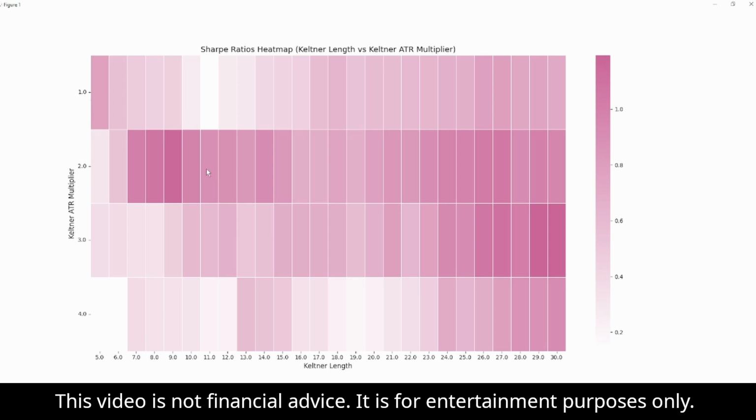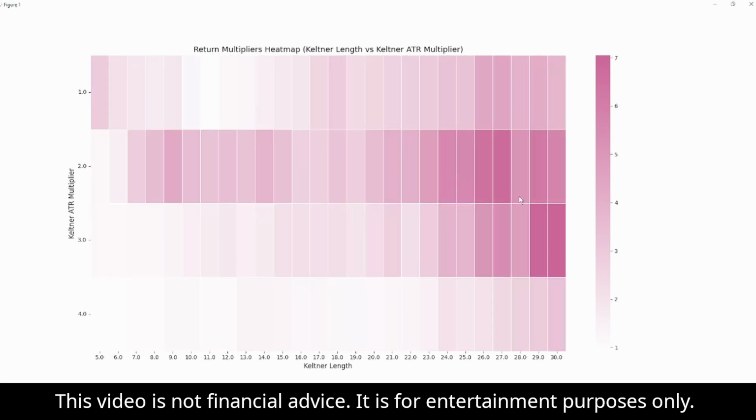Because here I'm not very confident in selecting such values for the Keltner channel in the 2-hourly time frame, because there is a too sharp drop between the first row, the second row, and the third row. It's less the case for the second area on the right of the heat map, with values of around 30 for the length and an ATR multiplier of around 3 or 2. Maybe it's a better area to choose values from. As you can see, the best multipliers, how much you would have multiplied your money, are on the right in fact. So I'm going to use 29 for example and 2, this cell here,